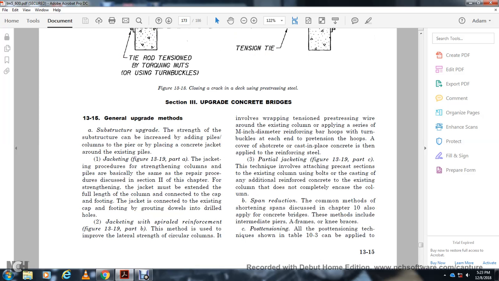Alright, 13.15, general upgrade methods. The substructure upgrade: strengthening the substructure by adding piles, with the column, with the spear, with the plate for the concrete jacket around the existing pile. The jacketing proceeds with the strengthening of the column, basically the same preparation discussed in section 2 of the chapter. The strengthening jacket must be extended the full length of the column to the cap